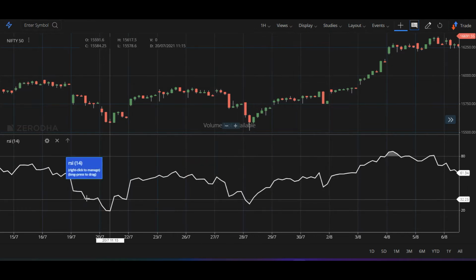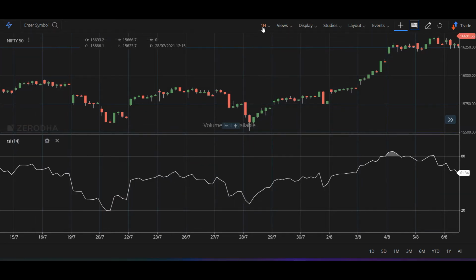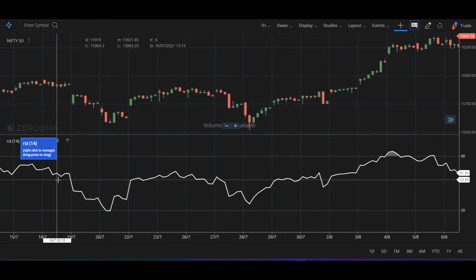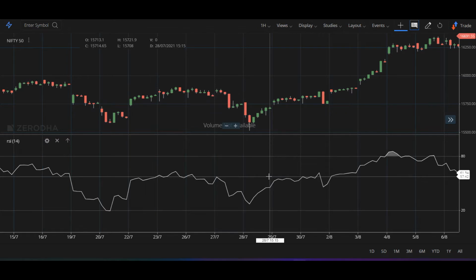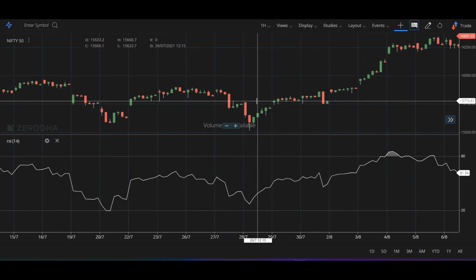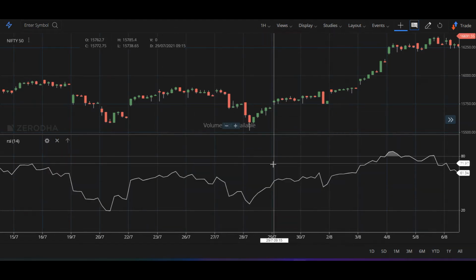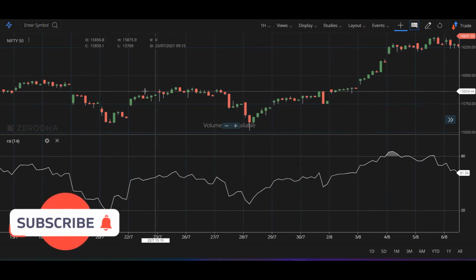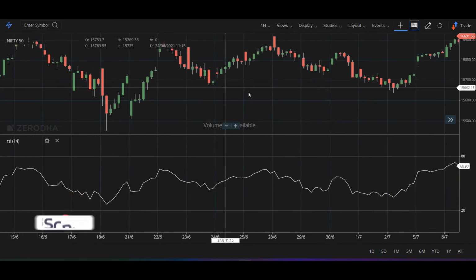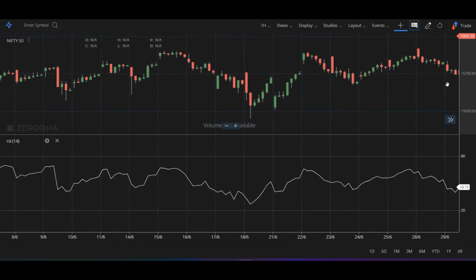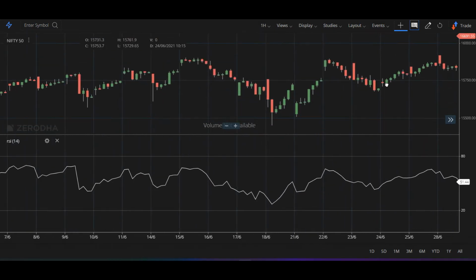So the simple method is, I have just gone to the 1 hour chart of Nifty, and I have plotted RSI with the normal default settings. You can see the RSI moving up and down. Now what I'm trying to do is find the tops and bottoms of RSI. You have some indicators in TradingView which can give you this automated. However, this is a manual method which I'm trying to explain here.